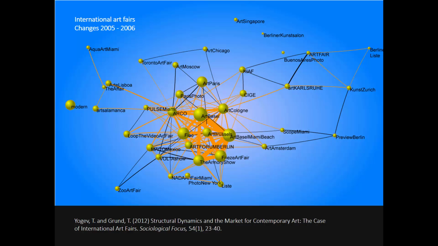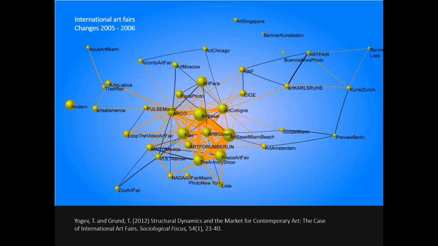So this is a network of the international art market, and the dots, we call them nodes or vertices, but I'll come back to that, these dots represent art fairs. This is sort of how the art market works. They're big exhibitions where galleries come together and present their artists, right? And there are buyers coming in there. It's like a market. That's how it works. And then we looked at which galleries go to which art fairs in the world. Some famous ones, if you are in the art market, you recognize: Art Basel, a very famous one, or Art Cologne, and the Armory Show. It's a big one as well.